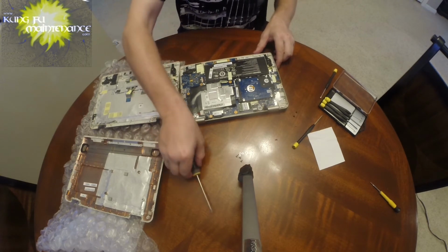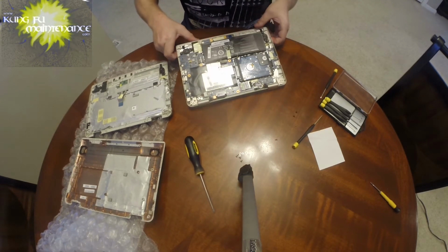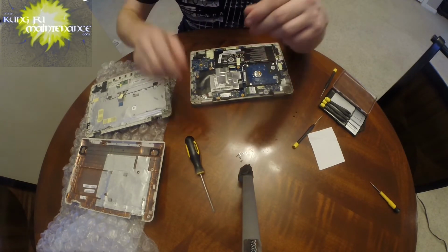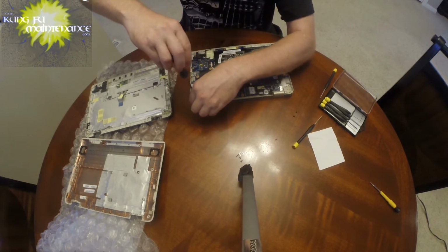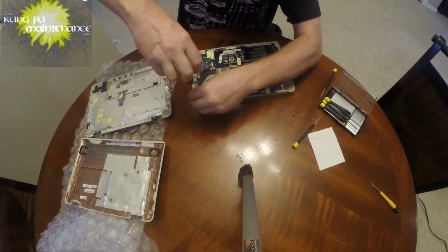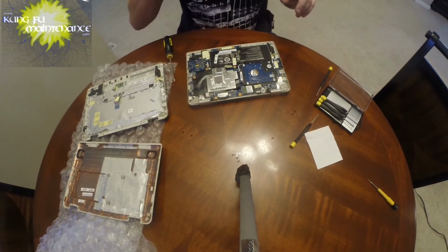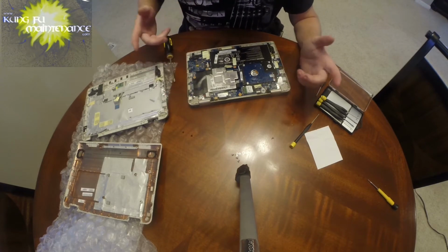Okay. What I need to know is how that hinge goes in. Hinge pin. Looks like it just comes out. Okay. So that's that. So we've got that on both sides. And I'm just going to touch something metal to discharge any static. They do make anti-static wristbands and stuff. I don't have one, so